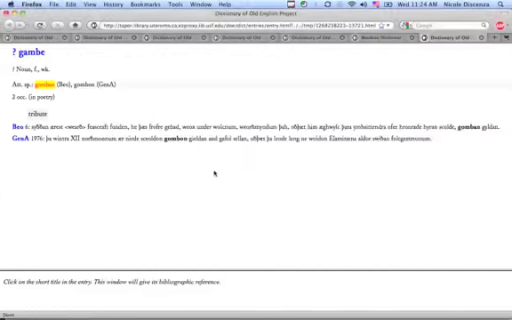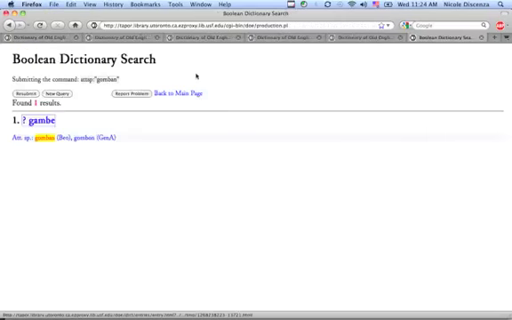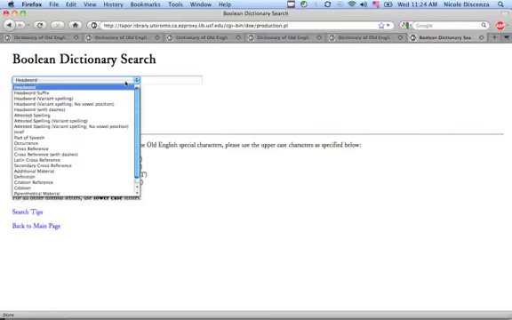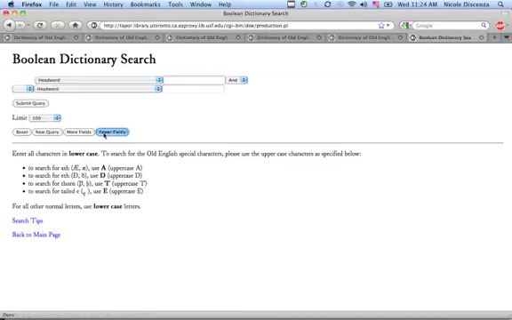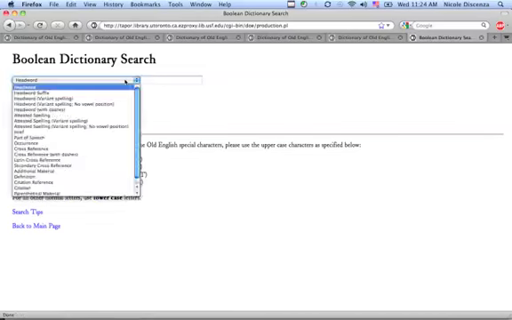The dictionary is actually a lot more powerful than just looking up words. There are other fun things you can do, and I'll show you just briefly a couple of other possibilities with the search. You can look up headwords, of course, attested spellings, various variants. If you want to look up all the, say, nouns of a certain kind, you can add fields. But for our purposes, let's try looking up